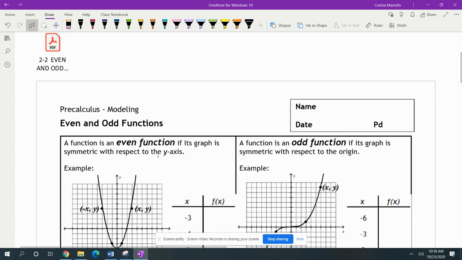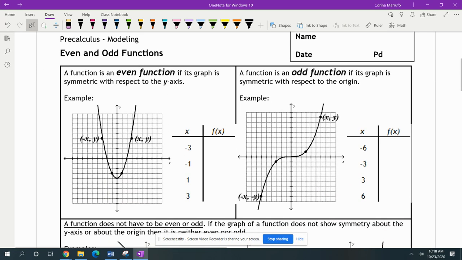All right, so yesterday we were covering even and odd degrees. Now we're going to be covering even and odd functions, okay? So this is different than degrees. Okay, so here we have a parabola. A function is an even function if the graph is symmetric with respect to the y-axis. So if you can take the y-axis and cut the graph into two equal parts, this is considered an even